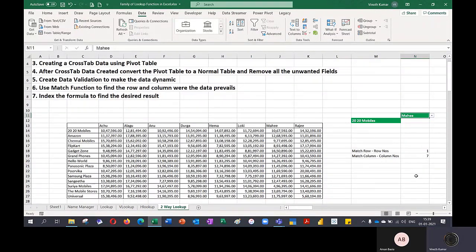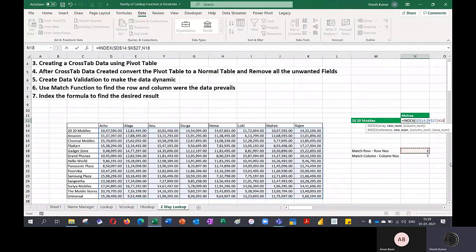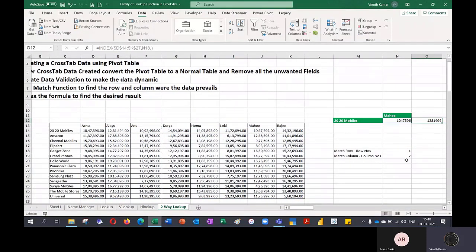So now I'm going to use the last and the final step to find out the two index. I'm going to use the INDEX function. And I choose all the data which I didn't touch at all. Because so far I played around with the headers in the leftmost column. I never touched the numbers here until now for any formula purpose. So once I choose the whole list, I'm going to give a comma. The row number is this, comma, and the column number is